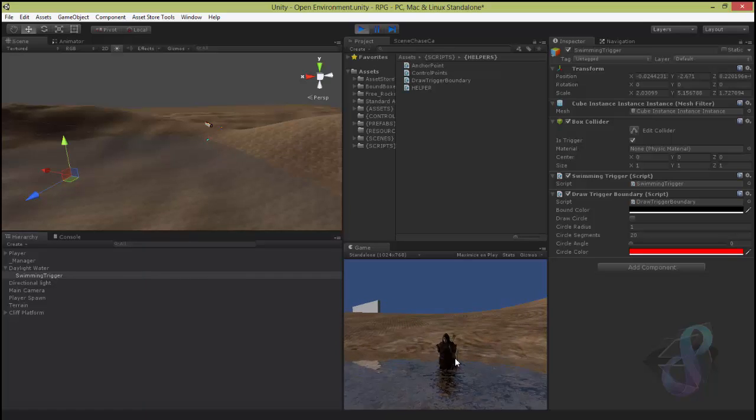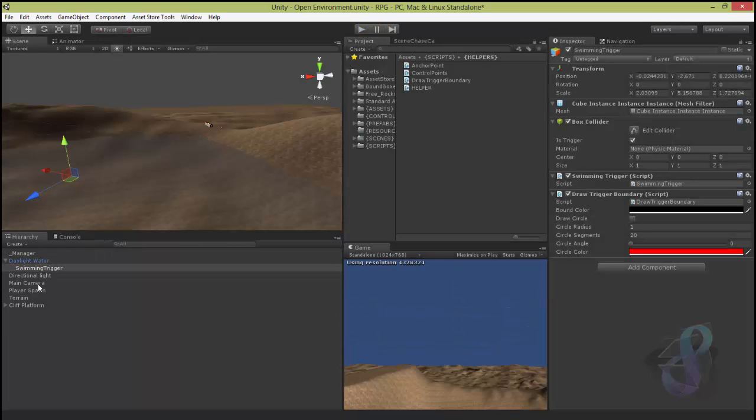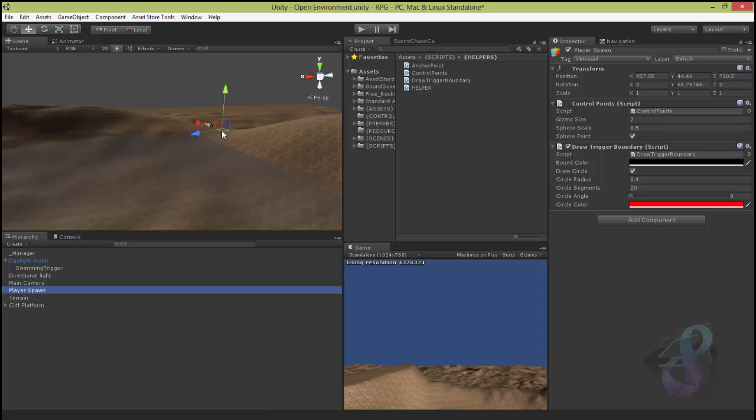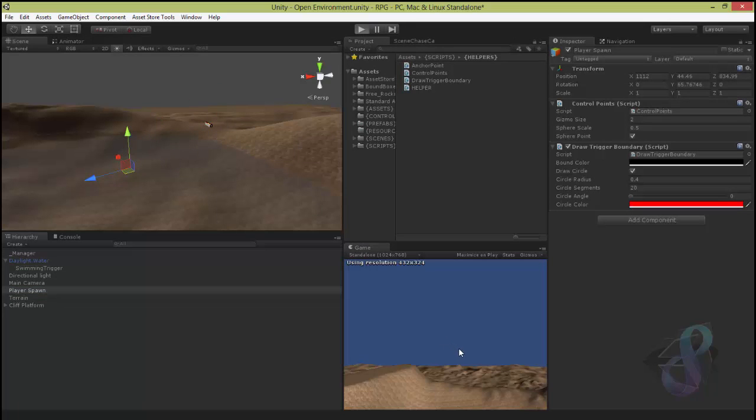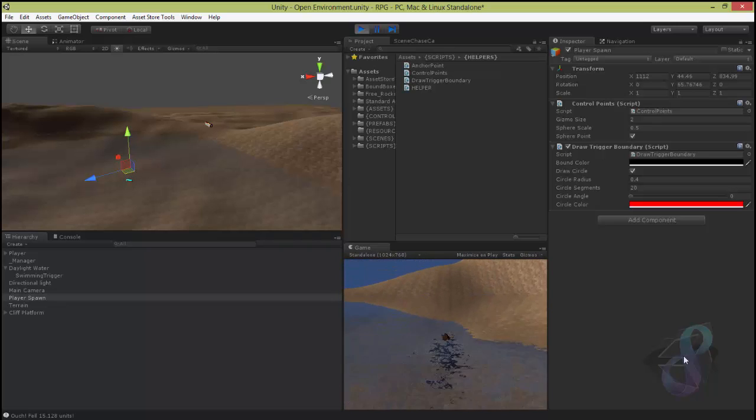So what if now my player spawner is again back here? So I'm falling into the water. And you see that my character goes below the water again. You may ask why it's going on like this. Well, the thing is that